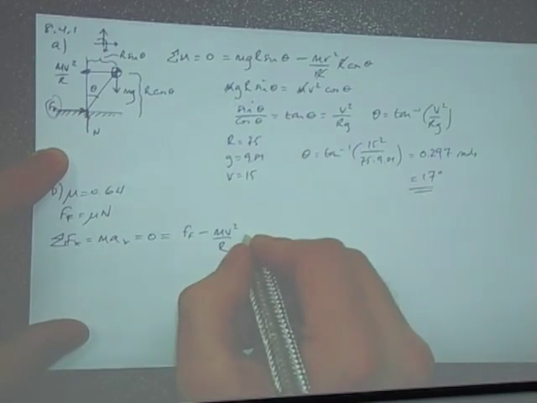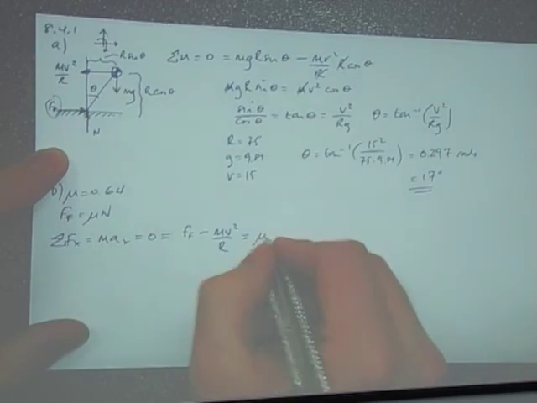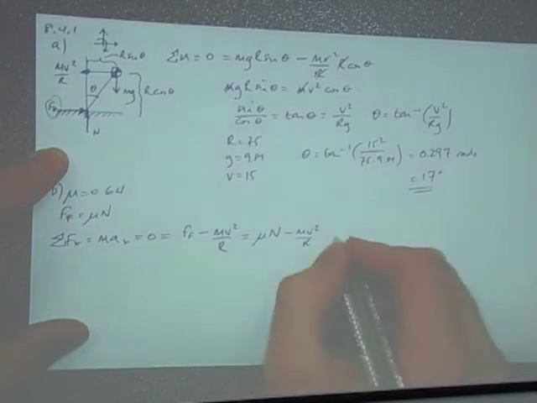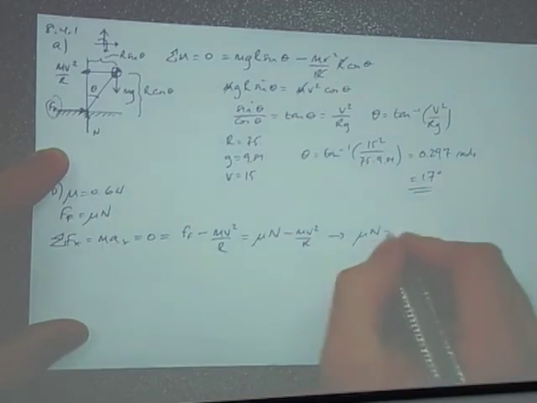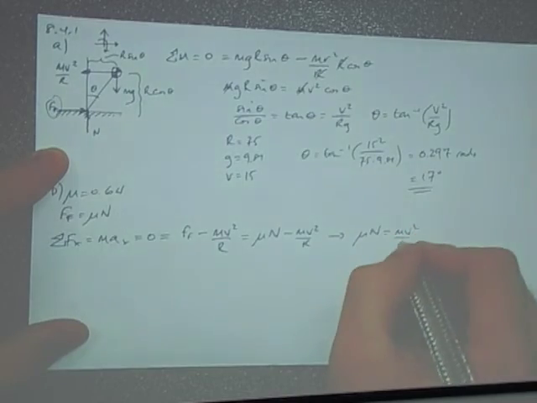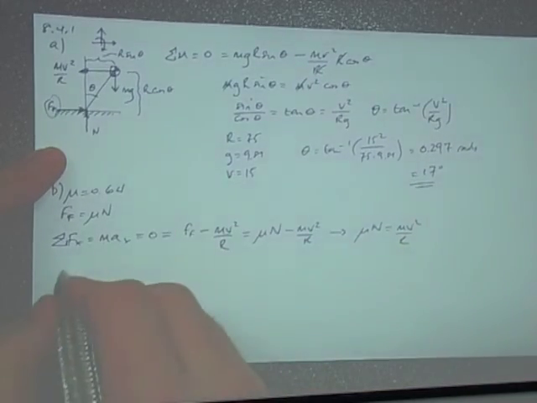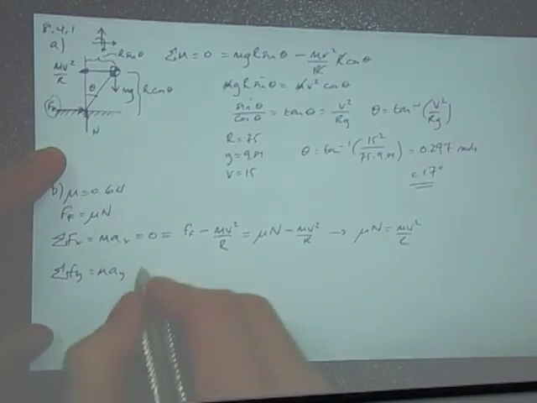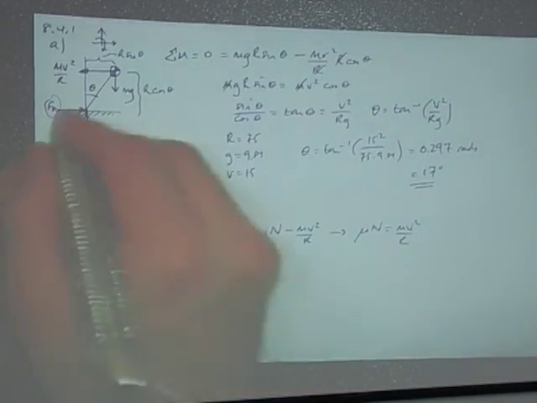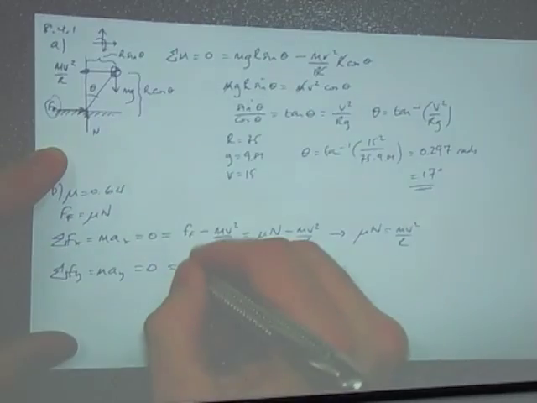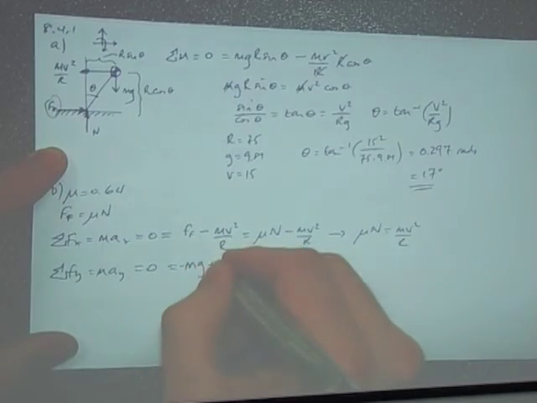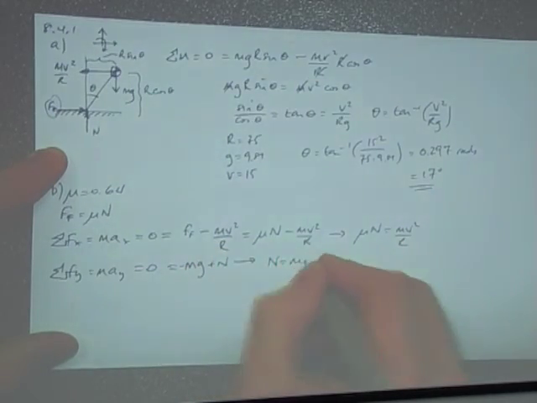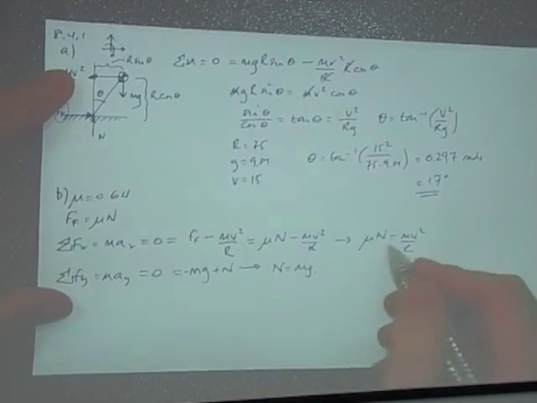And so that equals mu N minus mv squared upon r. And so we can say mu N equals mv squared upon r. In the y direction, the sum of the forces in the y direction equals mass times acceleration in the y direction, which also equals 0. And so we've got minus mg plus N, and so we can say that N equals mg. And so by plugging that into this equation,